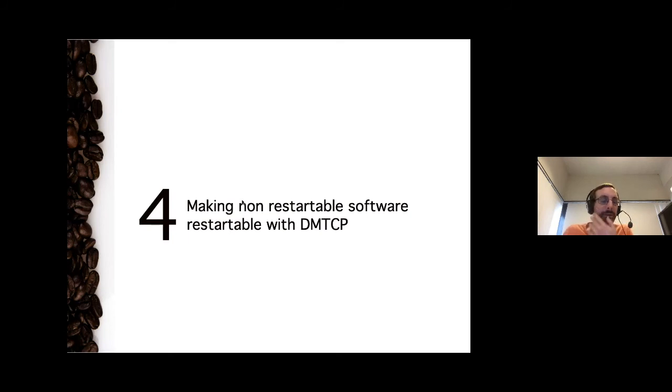Okay, so this brings me to the last part of this presentation, which is slightly different. Here I'm not going to show you how to modify your code to make it checkpointable. I'm going to use a program which is non-checkpointable, technically written by someone else that you are not allowed to modify for whatever reason, simply because you don't have the source or are not able to recompile it and make it checkpointable.